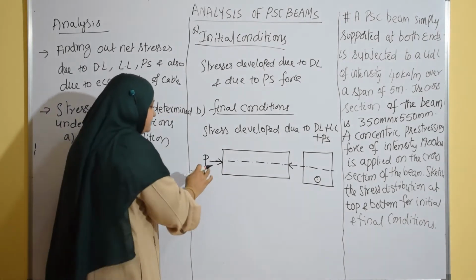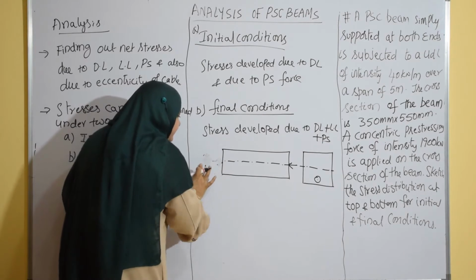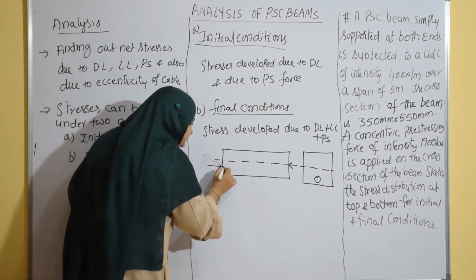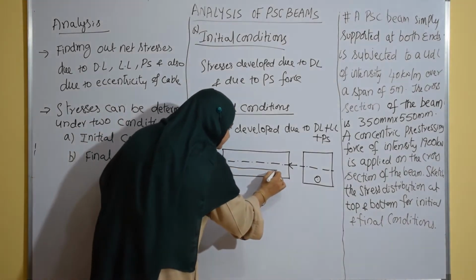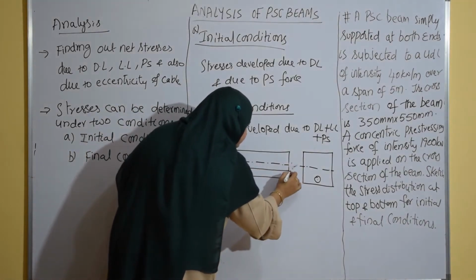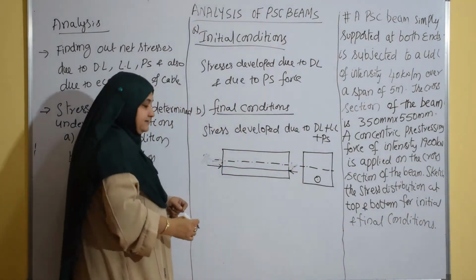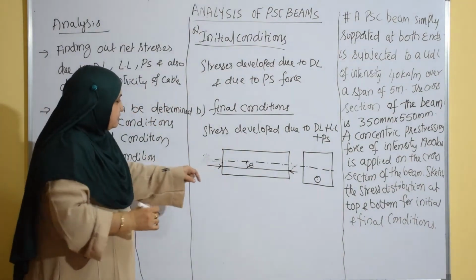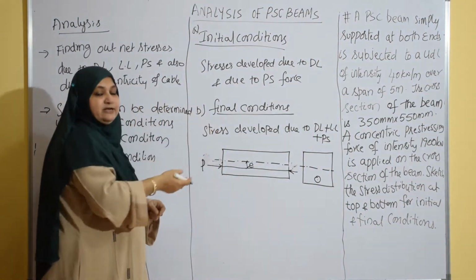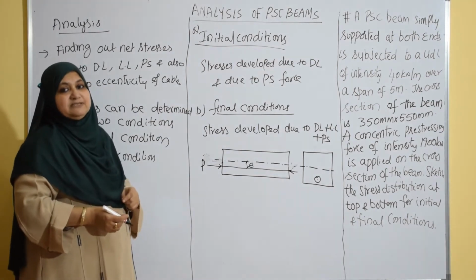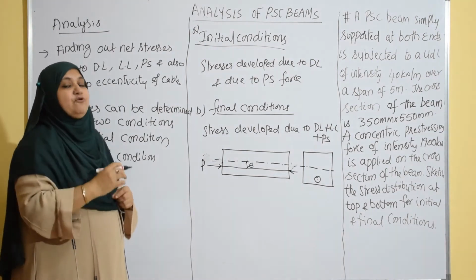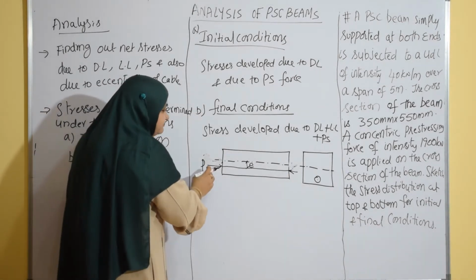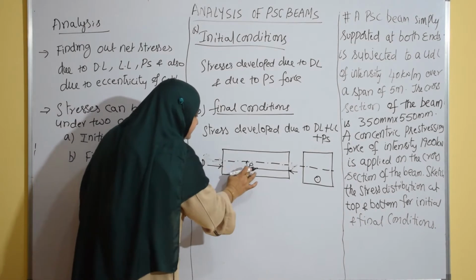Okay, I have discussed this in my second video. If this is the center of the beam and you are applying the pre-stressing force at some constant eccentricity, so your cable is like this. Then this is constant eccentricity. This was concentric pre-stressing force, and this is eccentric pre-stressing force, eccentric at uniform eccentricity, which I have discussed in my last class.